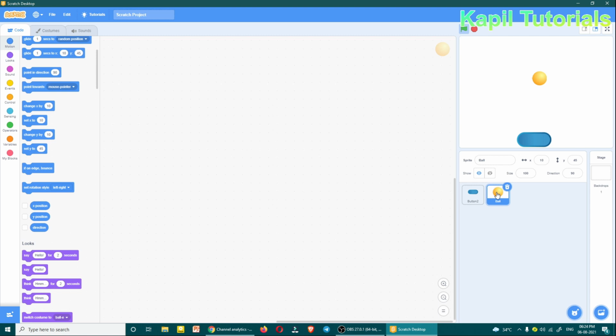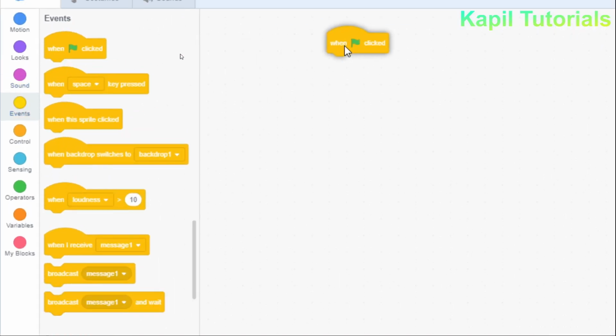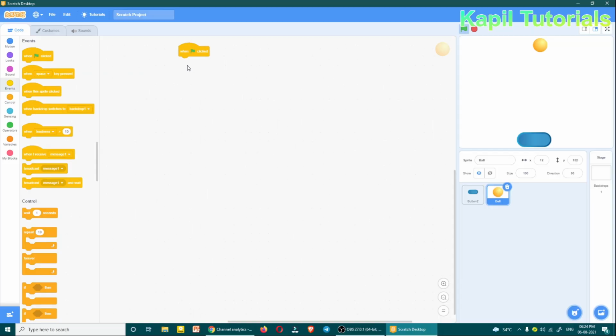So now I'll start the coding of the ball. I want that my ball should always start from the top. Okay. So firstly, clicking on the events, and then when clicked, and now I want to set the coordinates of the ball.